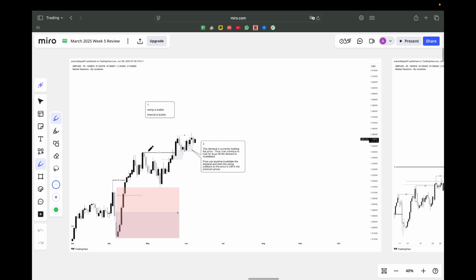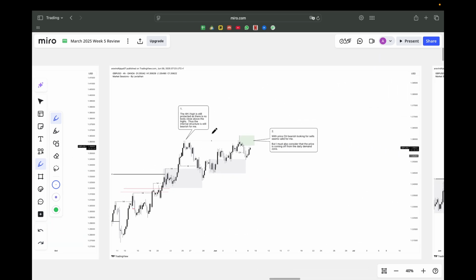From the daily perspective, the daily structure is swing bullish, and we have this strong buy side liquidity sweep, but the demand is still holding the price. We can't expect the price to liquidate the buy side liquidity and then immediately push down. We need structural confirmation to confirm that the price is going to go down. For now, the price has liquidated some of the buy side liquidity, but this demand is still holding the price. So I'll wait for more confirmation in the lower time frames before getting involved. If I get some lower time frame confirmation, I can look for longs, even though there is some buy side liquidity. That does not matter to me as long as the structure is holding the price.